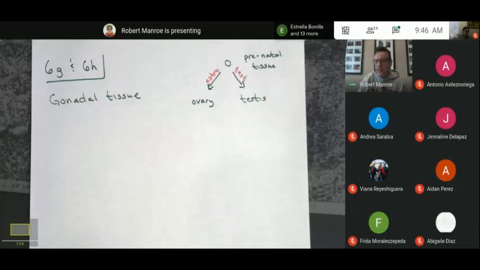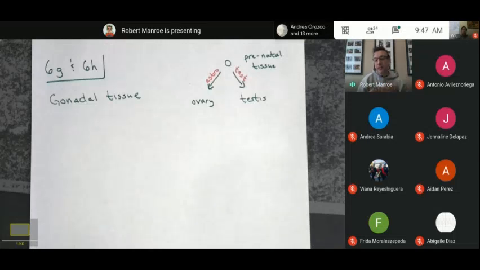So a secondary sex characteristic in males would be the hyoid bone, or the Adam's apple, is larger. The vocal cords are more flexible, and so the voice is lower. The testosterone levels are higher, so the facial hair is thicker and body fat concentration is lower. Okay, those are all secondary sex characteristics. Those are characteristics that have nothing to do with my fertility as a male, but express biologically what a male looks like. Okay, whereas female secondary sex characteristics would be a smaller hyoid bone, higher fat retention, less flexible vocal